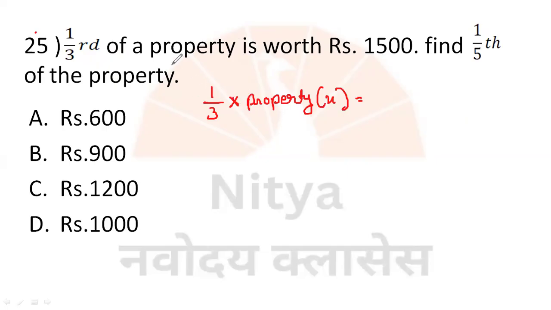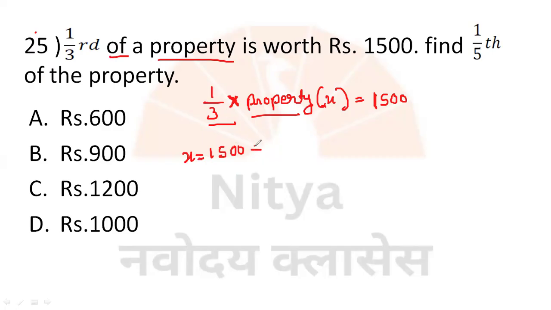The property's value is not given, yes? One third of means you have to take the multiplication sign. One third multiplied by the property is how much? 1,500. Okay, one third of the property is 1,500. So find one fifth of the property. So first of all we have to find the property's value, the x value. How do we find it? x equal to 1,500 into, or we will go with the steps here. When we take the variable x here, 1,500 goes here, and here 1 by 3 is in the multiplication sign,